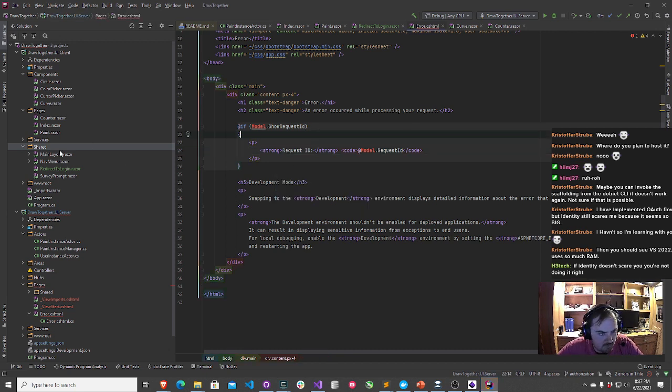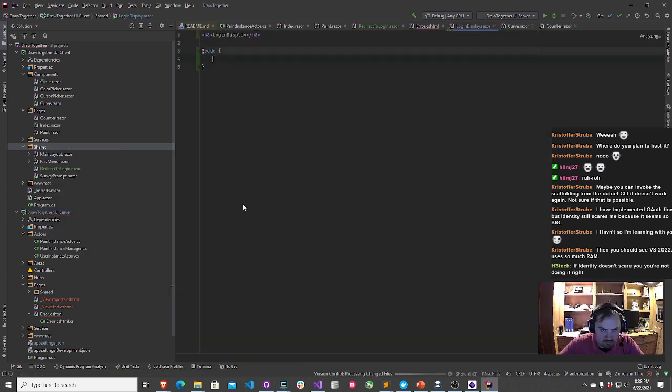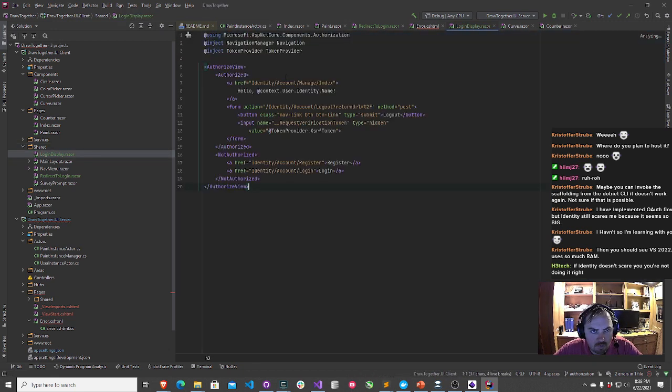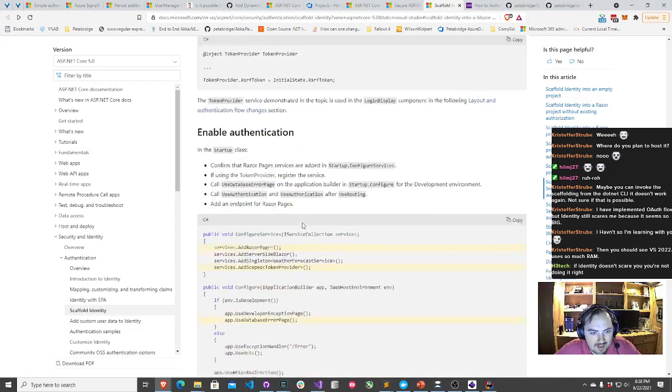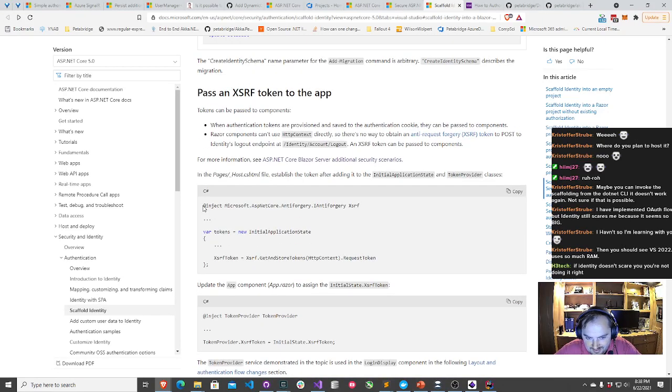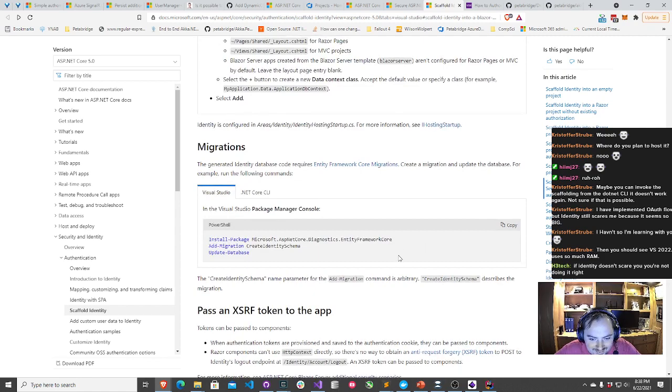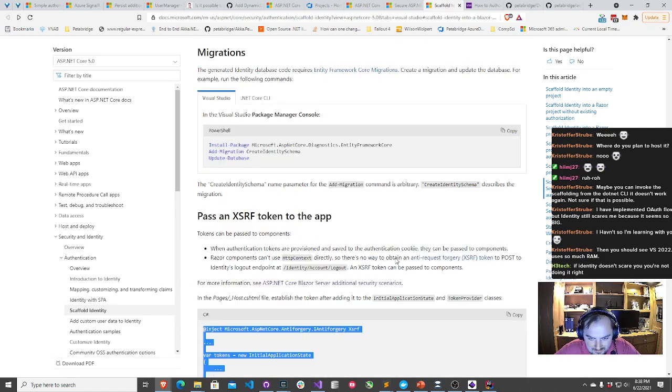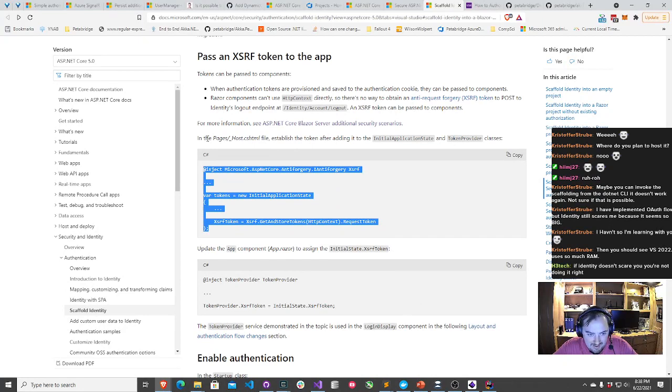Oh. Let me try that again. Inject token provider. Ah, nuts. They really want me to add this token provider thing. Okay, fine. We'll do it. I've got to add this to the pages host HTML, whatever it's called, file.